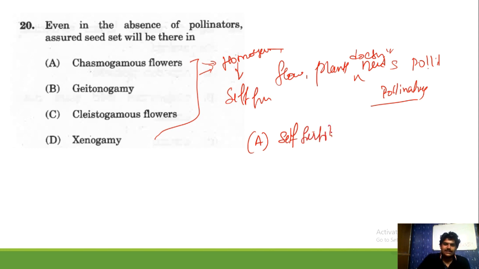So this is not the answer, because here we need pollinators, because the pollen grain cannot fall on the stigma by itself. We require pollinators in the maximum cases. Okay, then B is